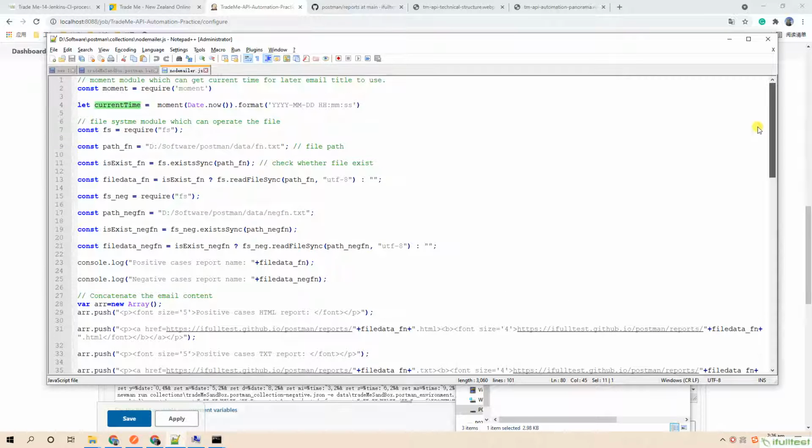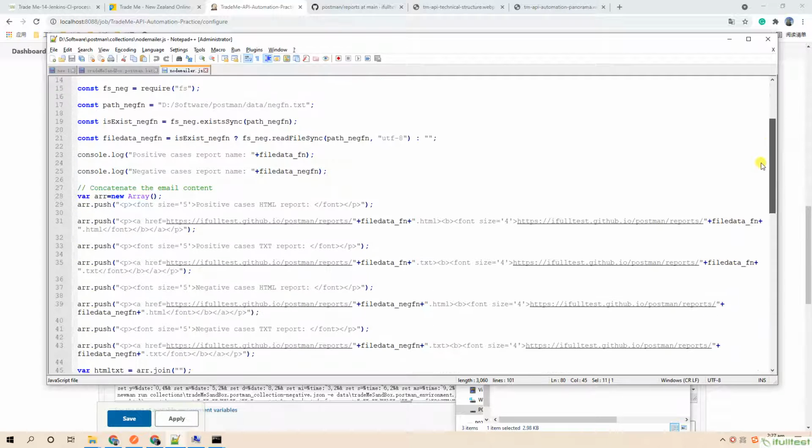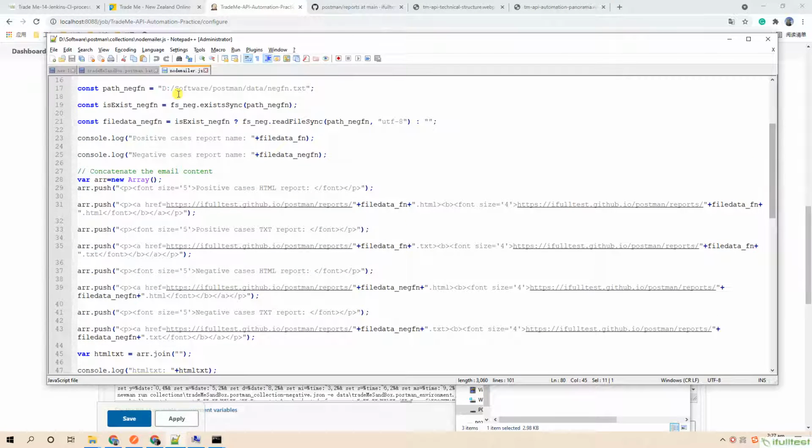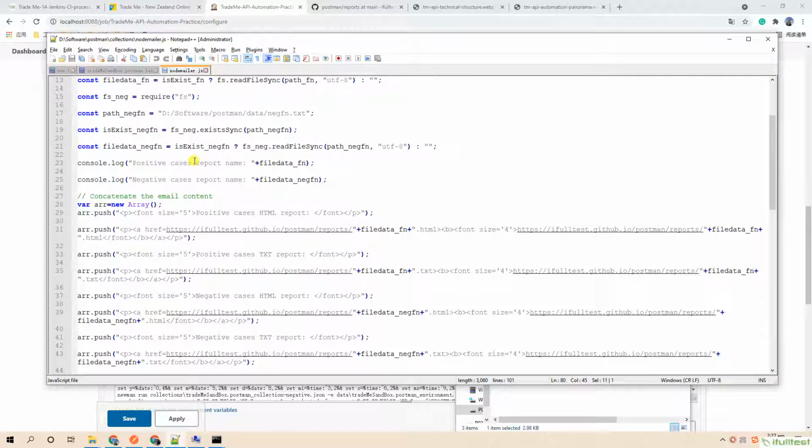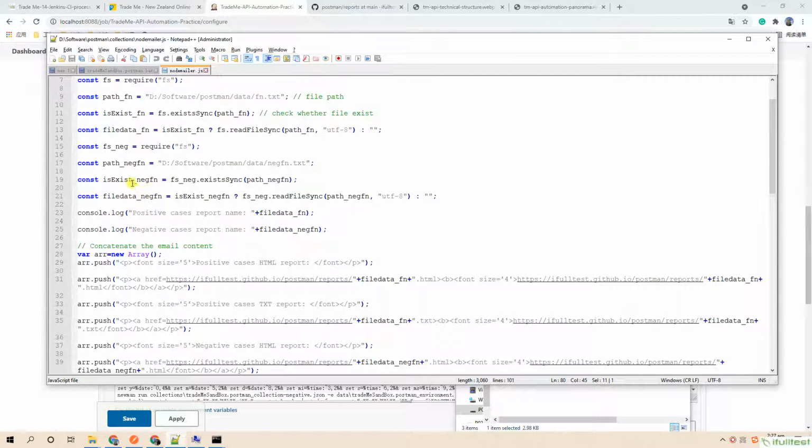Second, transfer the report file names to here, and assemble the email content with the report file names.